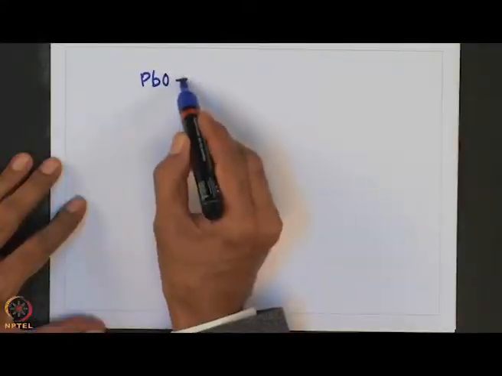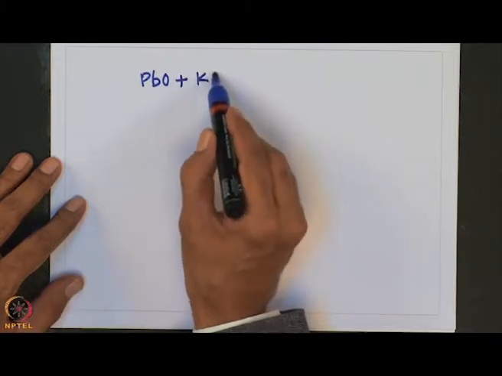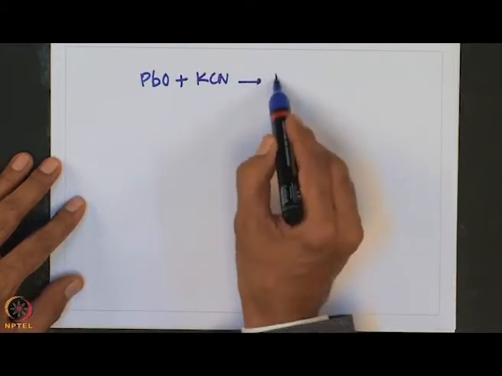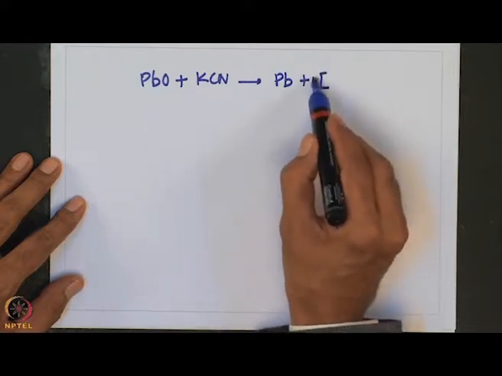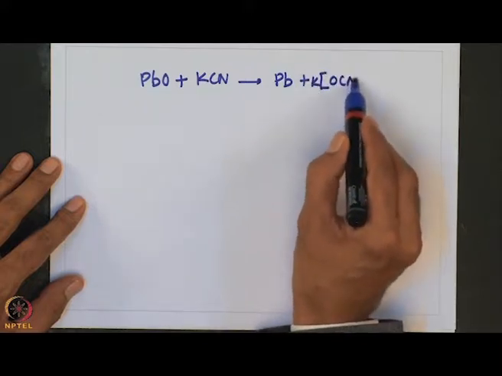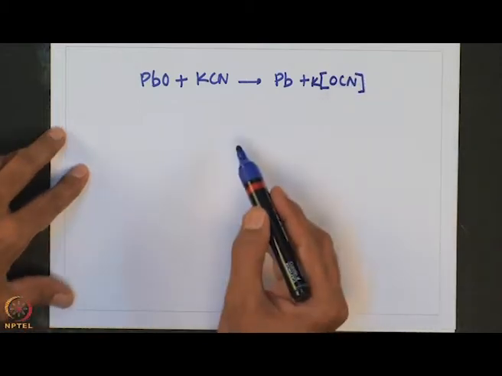Mild oxidizing agents convert cyanide to cyanogen, but more powerful oxidants such as PbO2 or neutral MnO4 minus convert CN minus to cyanate ion. So, for example,